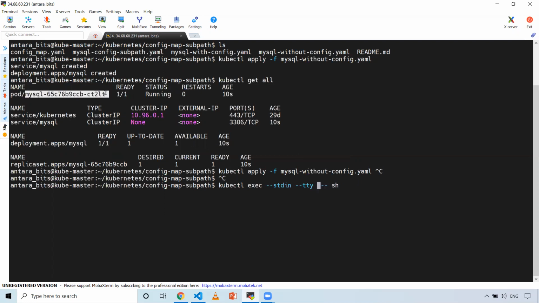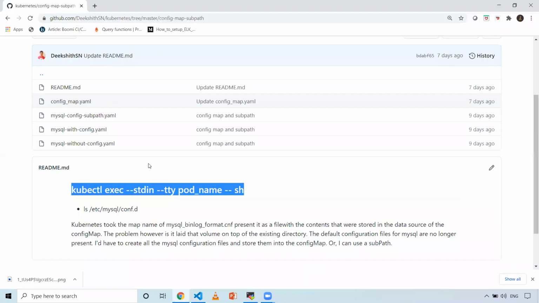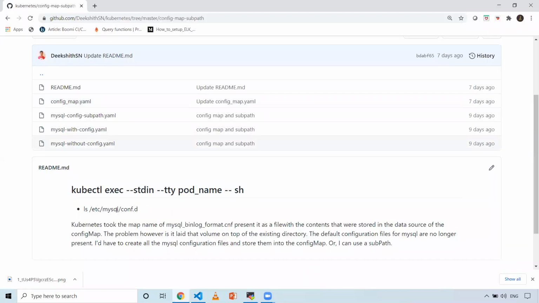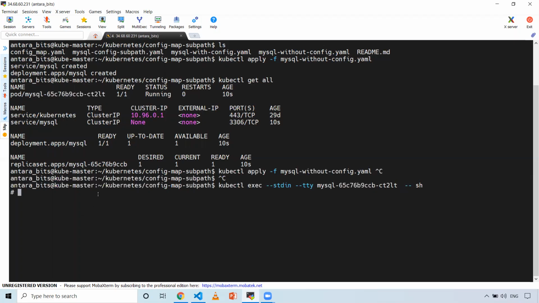Now when I press enter, I'll be inside my container. I'm interested in this folder. When I do ls on this folder, I can see a few files like docker.cnf, mysql.cnf, mysqldump.cnf.